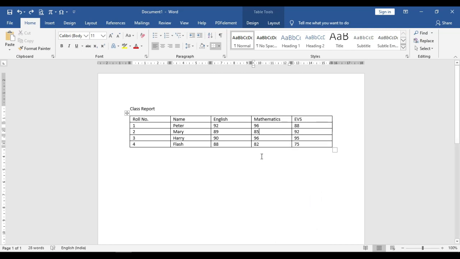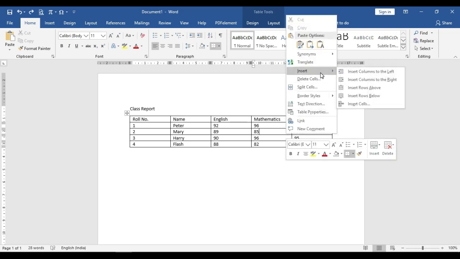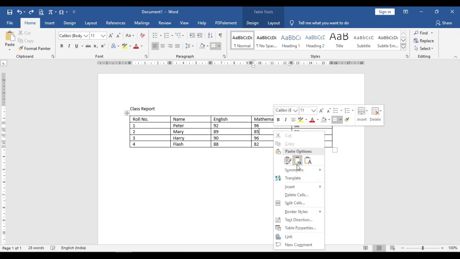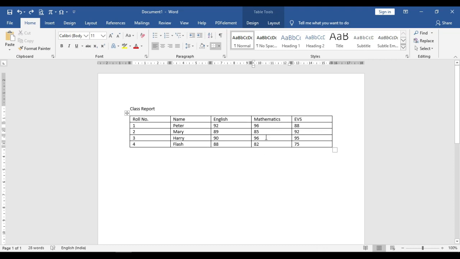So a new column will be inserted on the right side of the cell. The third option is insert rows above. That means a new row will be inserted just above the current cell. And the fourth option is insert rows below. So a new row will be inserted just below the current cell. So this is the second option.